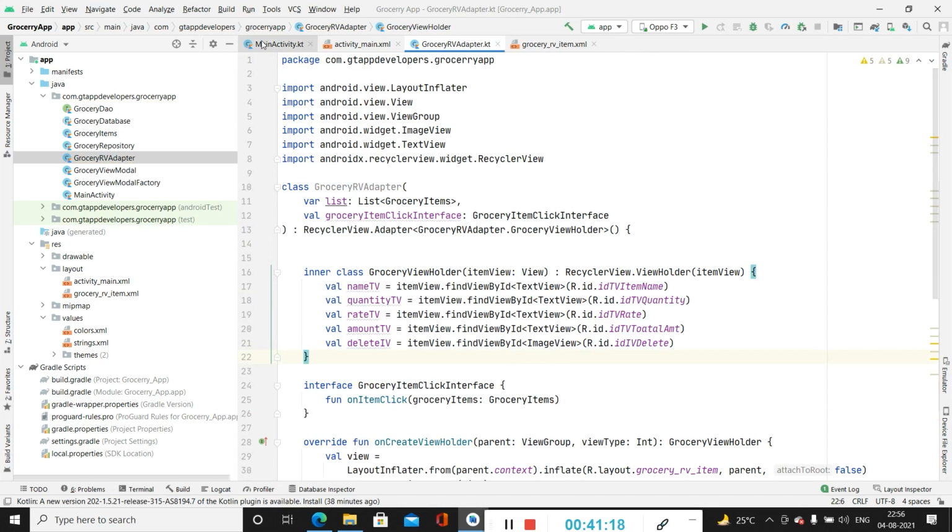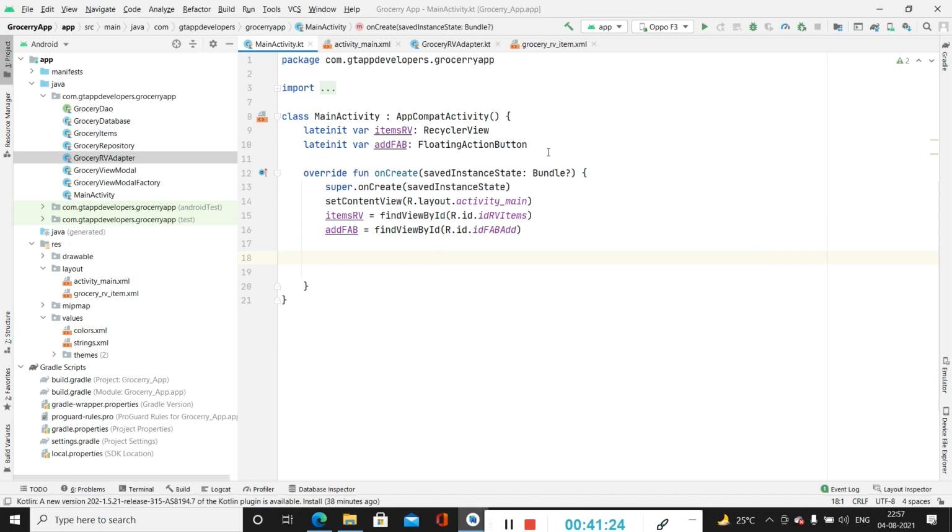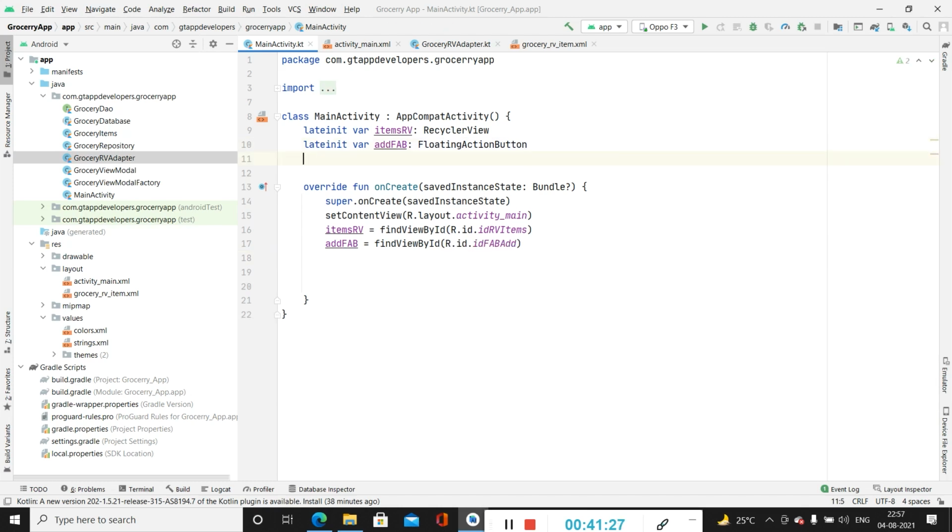Now we will move towards our main activity, and inside this we will be firstly initializing our recycler view and adding adapter to it. So for that firstly we have to create a variable for our recycler view adapter as well as list.